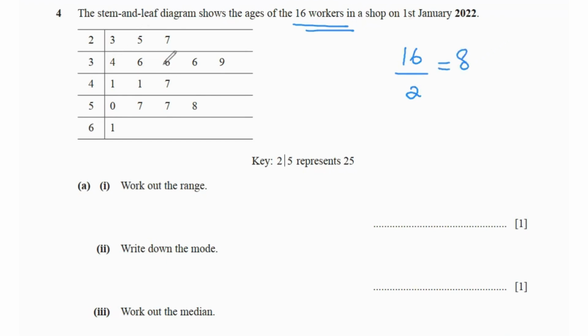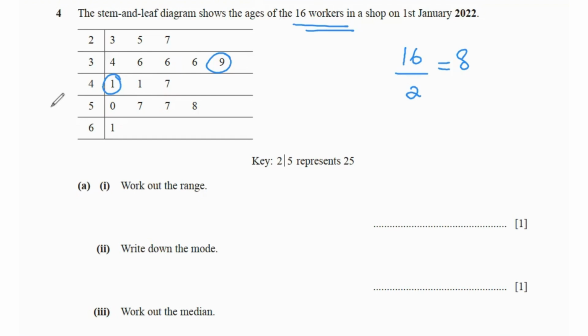But if we take the 8th value, which is going to be this one, that is not right in the middle because before 39, we have 1, 2, 3, 4, 5, 6, 7 values. And after 39, we have 1, 2, 3, 4, 5, 6, 7, 8 values. Which means we have to take 39 and 41. And then you find the value right in the middle of 39 and 41, because that value will be in the middle of this data set. Every other value you choose, whether it's 39 or 41, is not right in the middle of the data